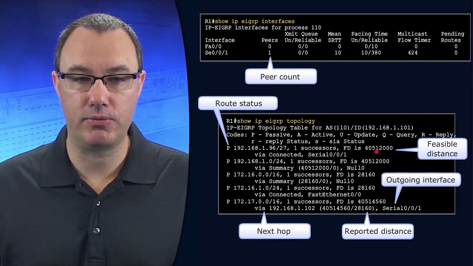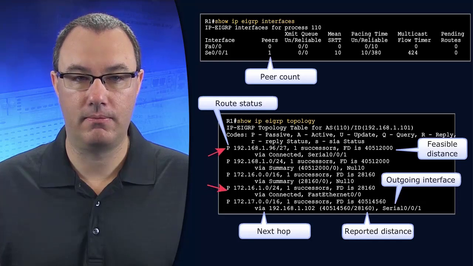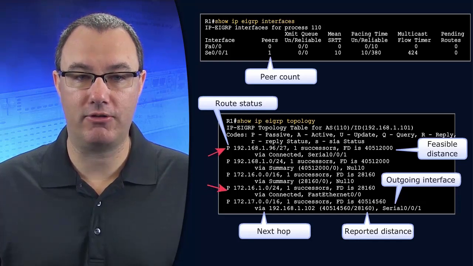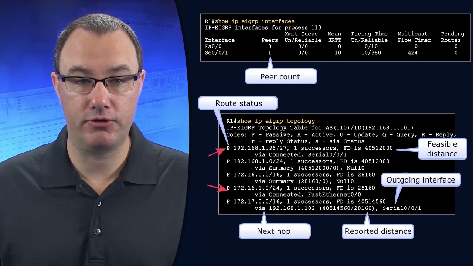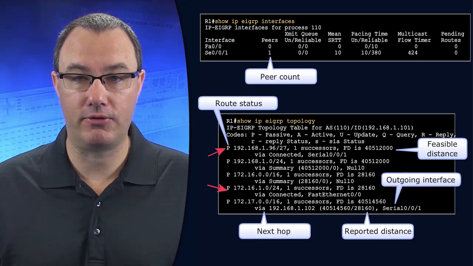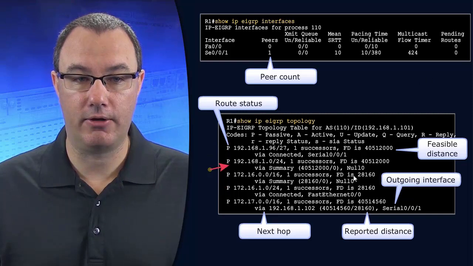And we can see which routes are directly connected. Which routes are directly connected to this router? I see 2. I would want to be able to interpret which networks are directly connected. I can also see that I have created a summary, a route summary. We have a route summary right here. That route summary,